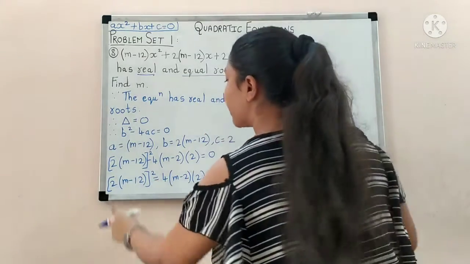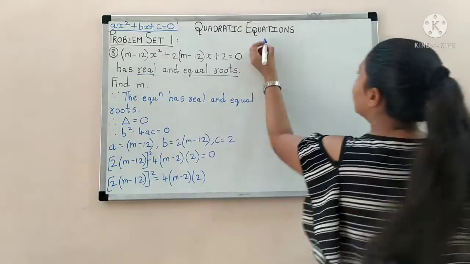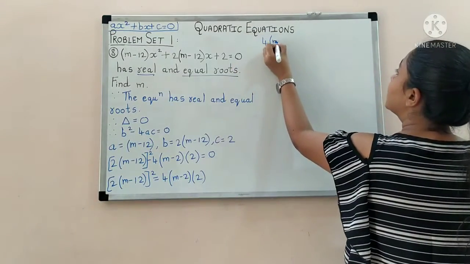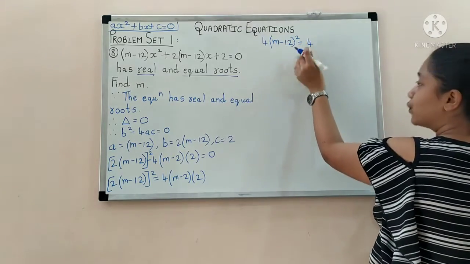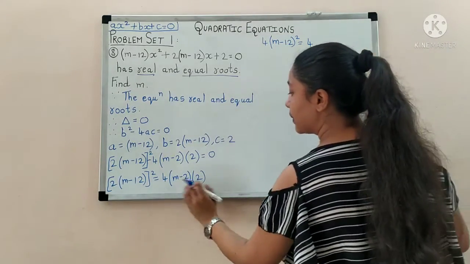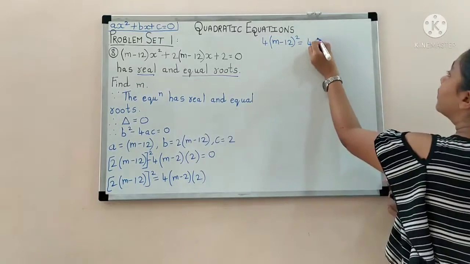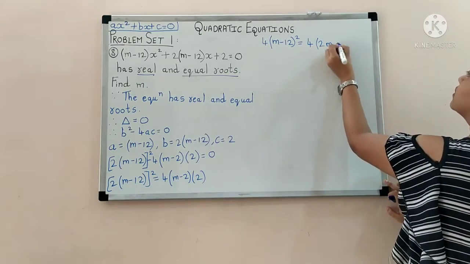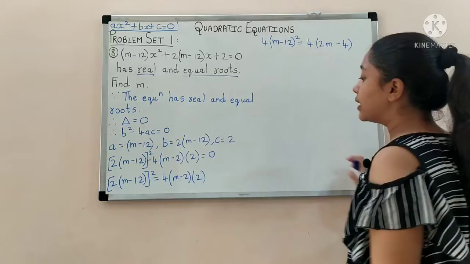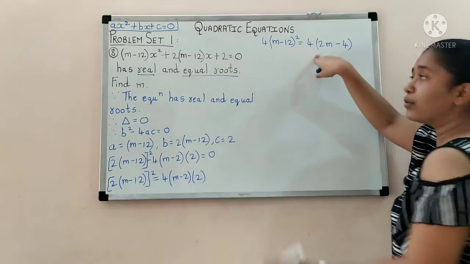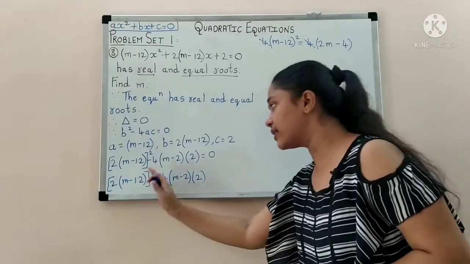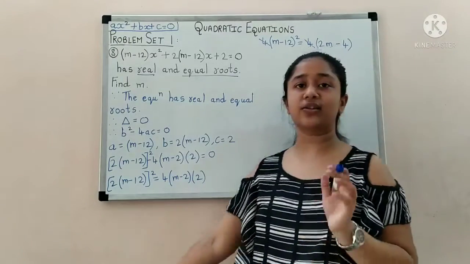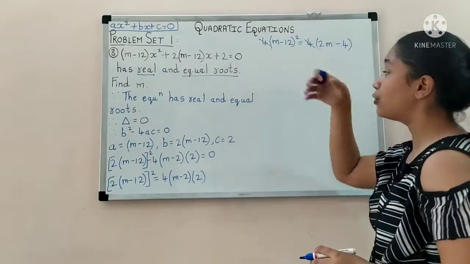Okay, now see, now solve it. So 2 square is 4, then here it will be m minus 12 the whole square is equal to, keep this 4 here only, 4, then multiply this 2, so 2m minus 2 2s are 4. Now see, here also there is 4, and here also there is 4, which means this 4 and 4 will cancel. Hence I told you to take this term to this side. From there also you would solve and get the answer, but here the 4 directly cancelled.